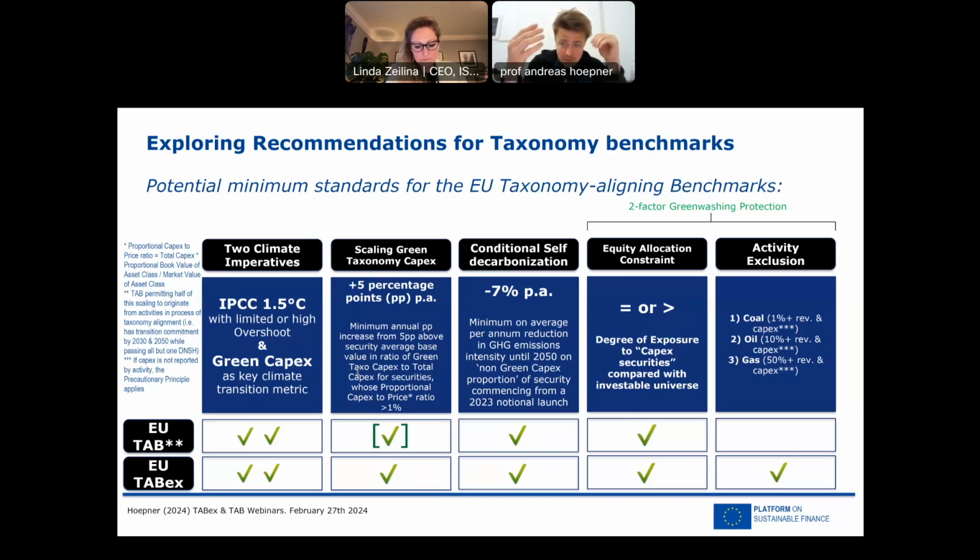The taxonomy-aligned benchmark offers a version where the taxonomy, whatever state it is, and every development will follow, is basically fused into a Paris-aligned benchmark structure, tolerating high overshoot because we're not having a minimum initial decarbonization, so slower in decarbonization than the PAB or the CTB, quite a bit slower, but still actually decarbonizing 7% year on year while giving a little bit of a decarbonization holiday to those with green capex. So possibly overall it might be 6.5 or something. But it's a merger of both ideas here.